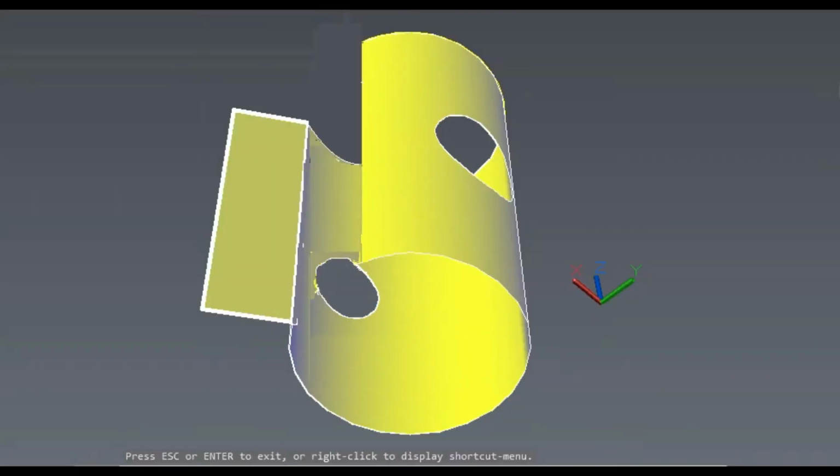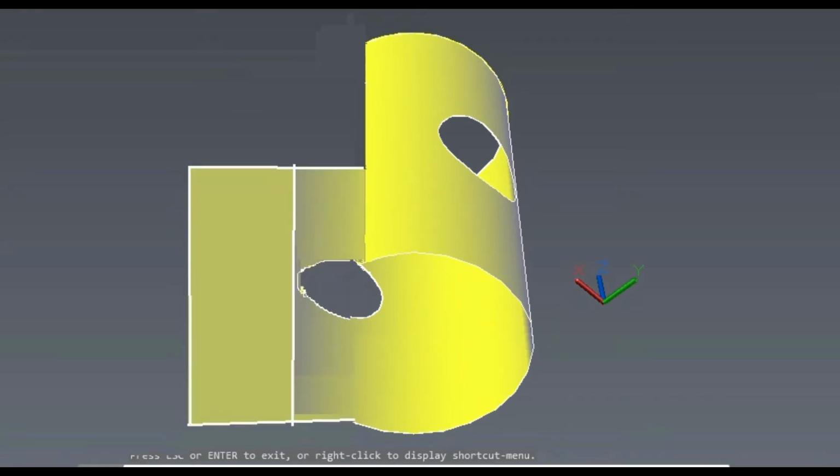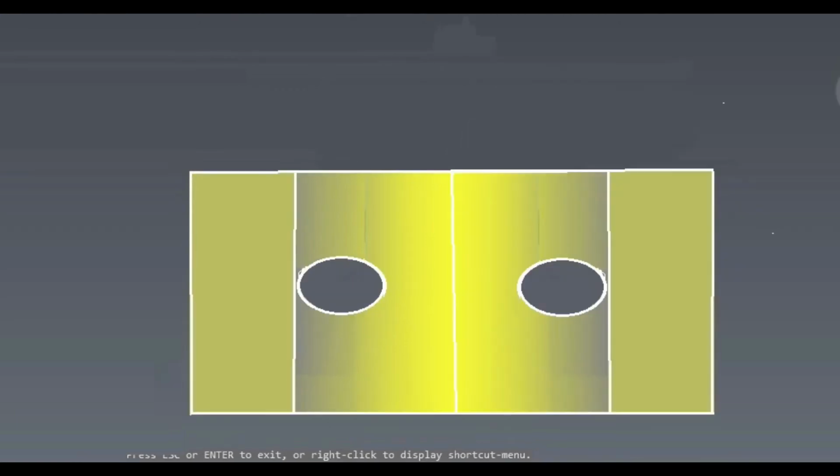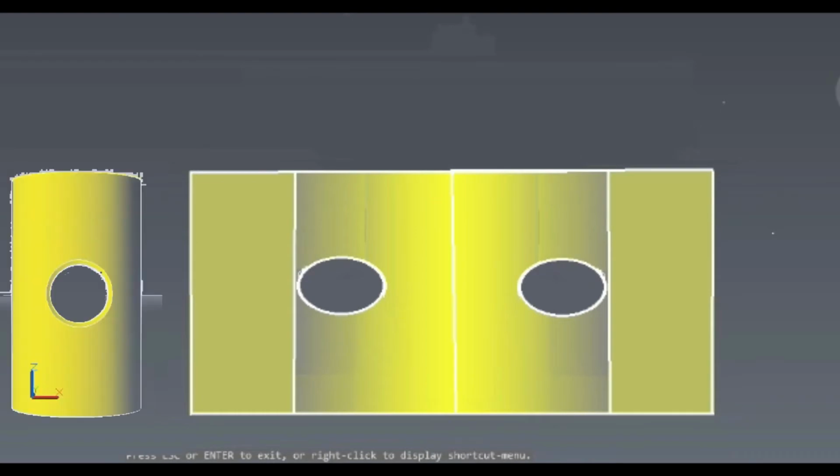I'll cut this portion and open it here. Now you can see that it is getting developed. We are just unfolding it, and now you can observe the holes becoming elliptical in shape. So this is going to be our final developed surface of this cylinder with the inside hole. On your left screen is the cylinder given, and on the right side the developed surface. Now we'll see how to draw this.